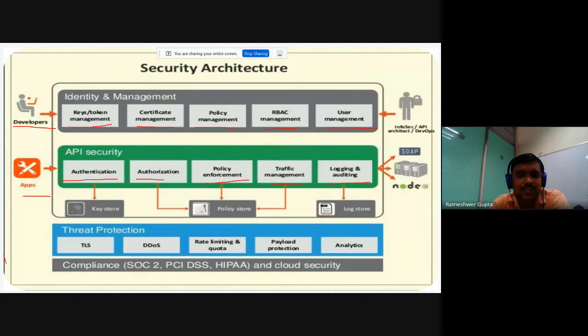At the threat protection level, we can use this type of software here. By making this architecture, now we can clarify that when you develop a user deployment, you have to apply this feature at the software level, and for threat protection, you have to apply this particular thing. So here, this is an example security architecture.